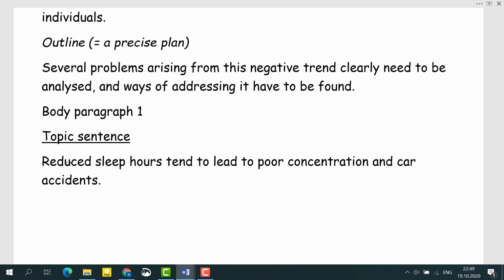Okay, and then full stop. Now, reduced sleep hours tend to lead to, in this case, tend to means usually, not all the time, but usually. So be very careful. If you just write reduced sleep hours lead to, that means that's what happens all the time. But if you say tend to, that means that's what usually happens, okay? So be careful. Next, lead to